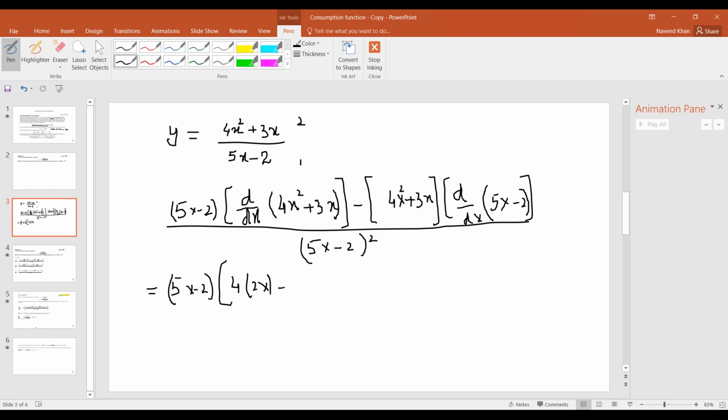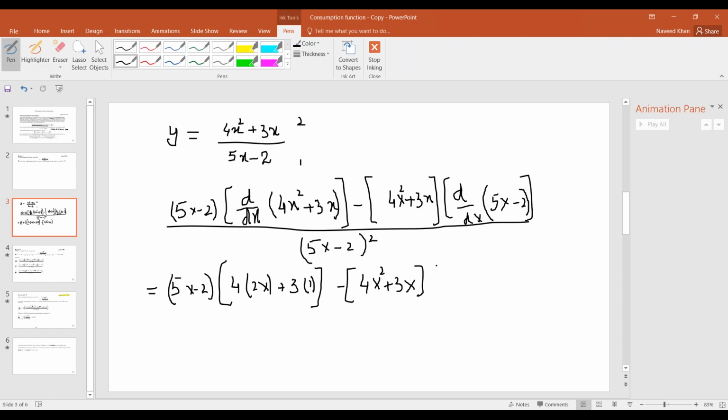Okay, and plus this is 3, and derivative of x, it will become 1, minus, and here it will become 4x square plus 3x,